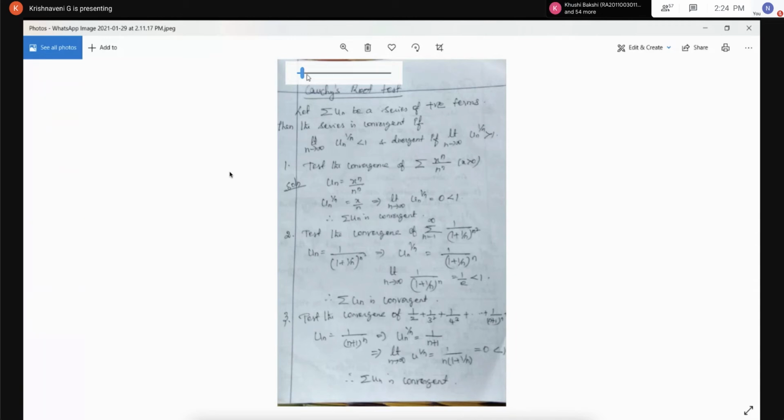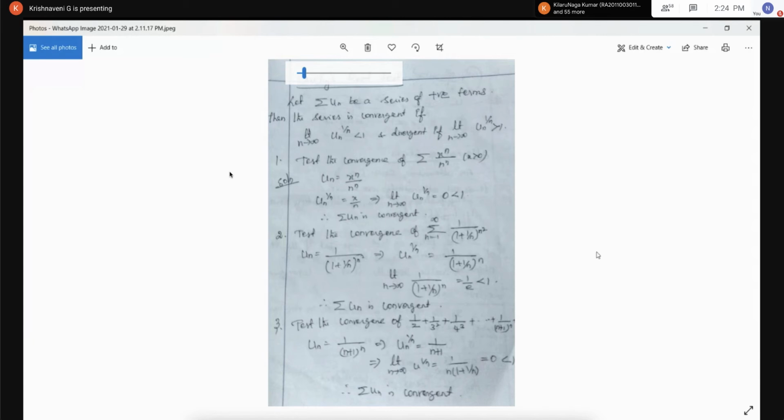In the same way we can derive the second and third problems. Once you go through them, if you have any doubt in the second and third problem, ask me, I will explain. You should remember the statements. Overall, in the 5th chapter, if you know all the test statements, we can easily solve the problems, because the calculation part is very, very simple. We should remember all the theorem statements, all the test statements.